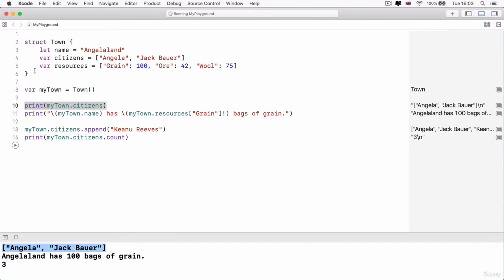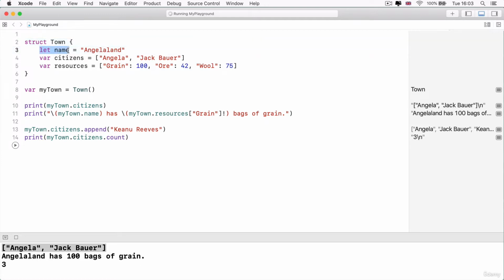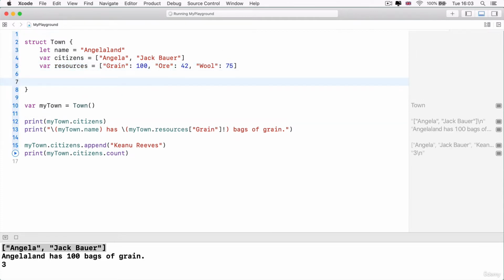Now, so far, the structure of our town only defines the properties of a town. So towns should have names, towns should have citizens, and they should have resources. But we can also define a behavior of our structure. So we can make towns be able to do things like build barricades and get everybody inside, and sort of eat all our 100 bags of grain.